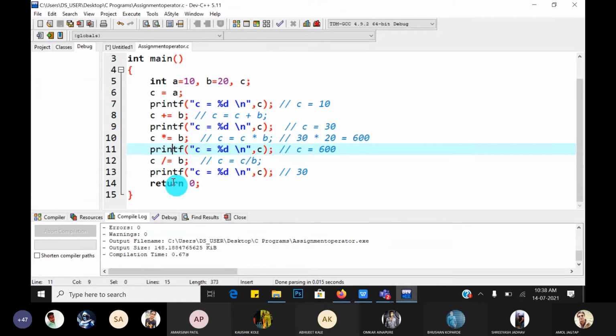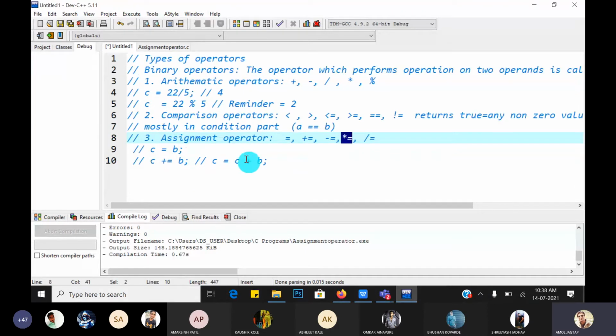No, sir. No, sir. Okay, so shall we move? Yes, sir. Okay. Let's move to our conceptual part. So this is the assignment operator. So again, there are some